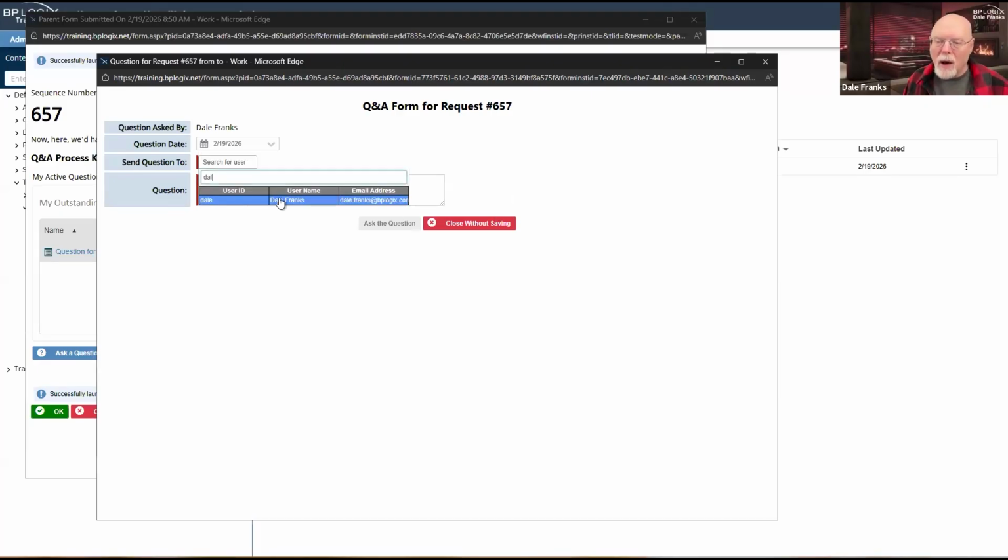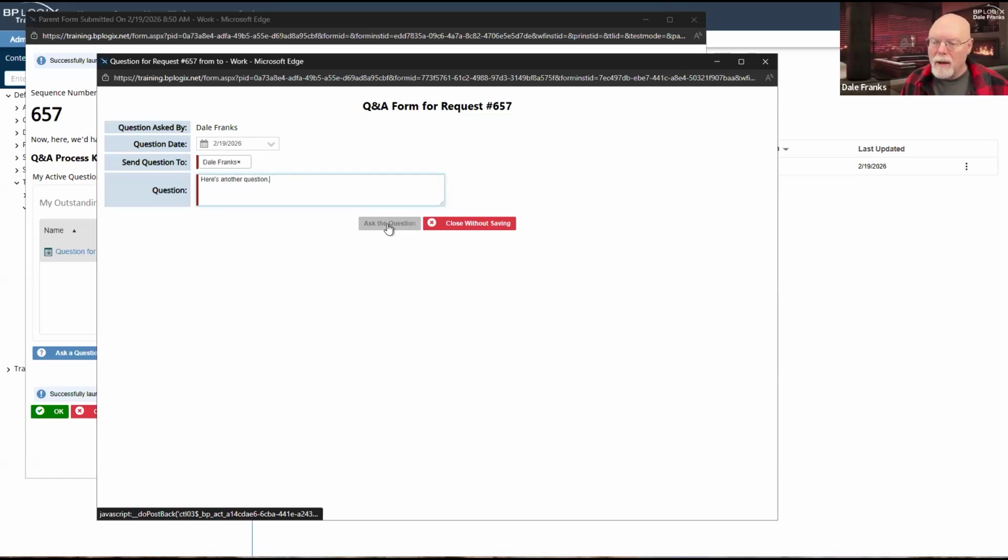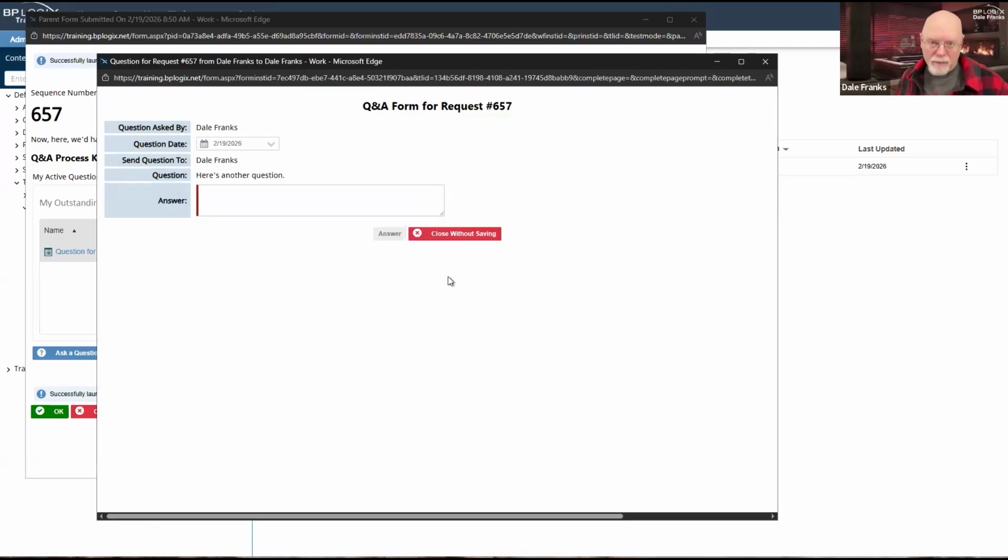As you can see, the only two things that I really need to fill out here, although I do need to disable that field, it looks like, the only thing I need to do is just ask my question. And once I submit that question, assuming I can type it correctly, I'll click the Ask the Question button. And now I'm done. I've asked my question, provided my feedback.